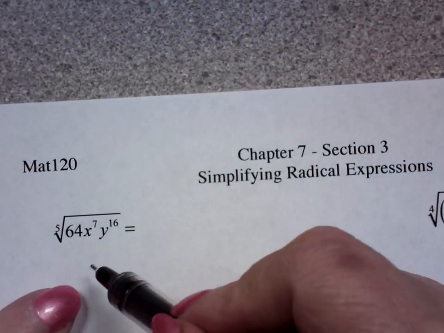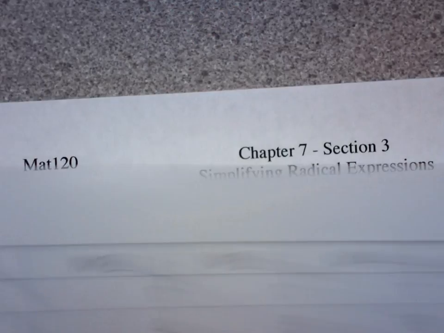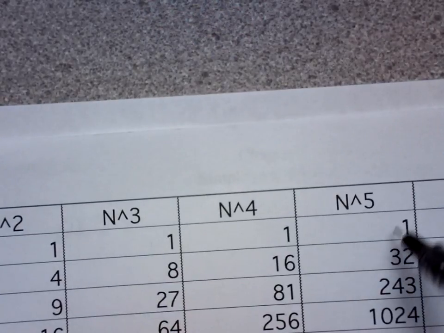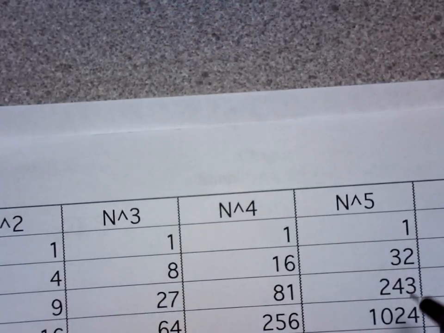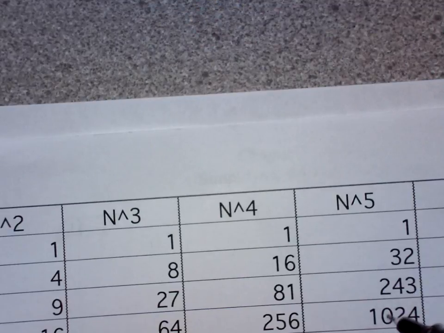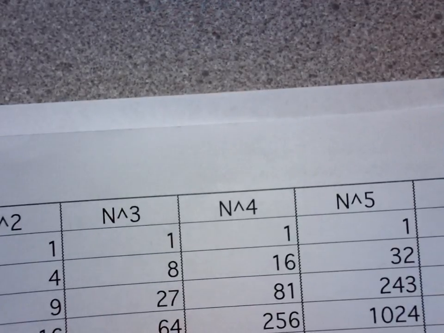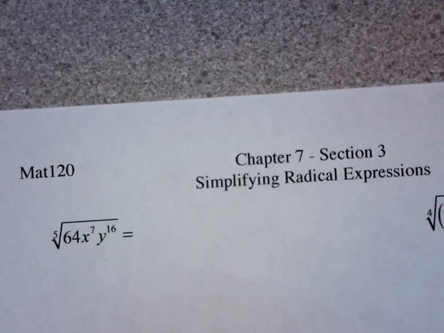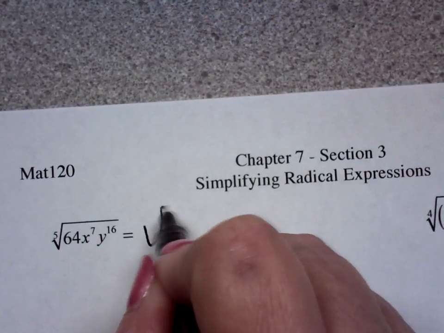Okay, fifth root. Now we've got our table, and our table is going to be this. And you can figure, it's not going to be 1024 too much. It's not going to be 243 too much. More than likely, it's going to be 32 if we're going to be anything, right? So, the fifth root